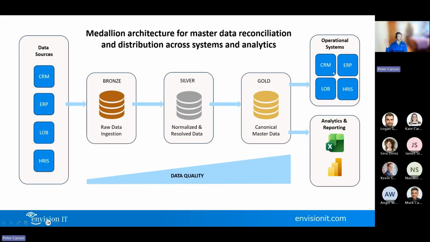How do we get all my systems that are owned by different departments in the organization to all say the same thing? If we've decided that a particular property is going to be mastered in a particular spot, let's push it to the other areas from there. And this is something that we're doing with lots of different clients.